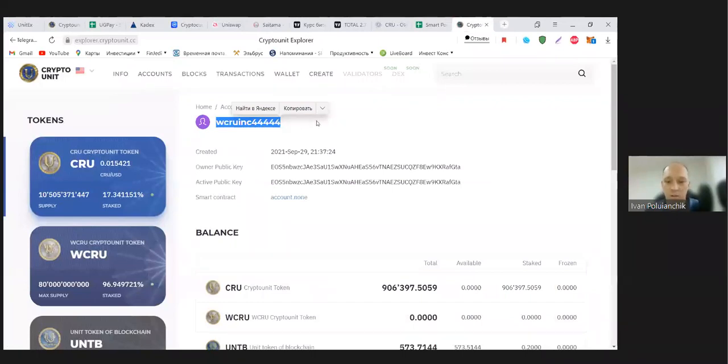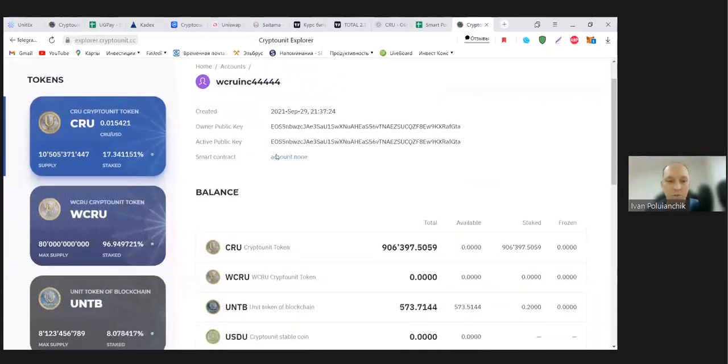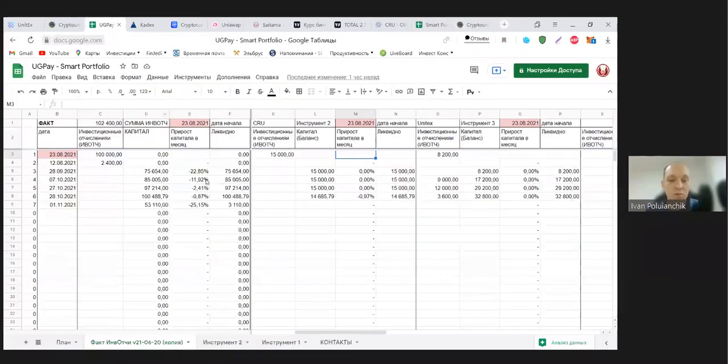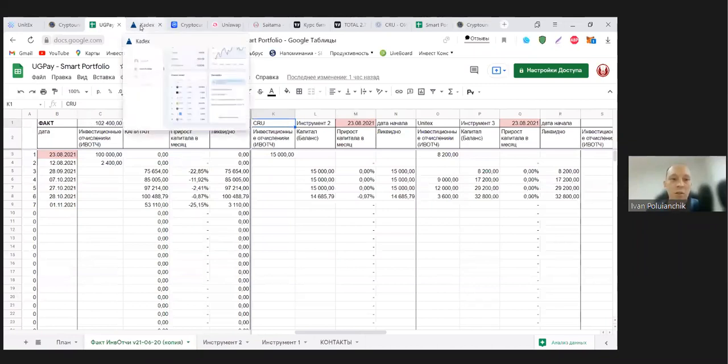WCRU Inc. 544. This is the wallet. What happened? The company earned quite a lot, 100,000, out of which 15,000 was used to buy CRU on the market. CRU on the market, and